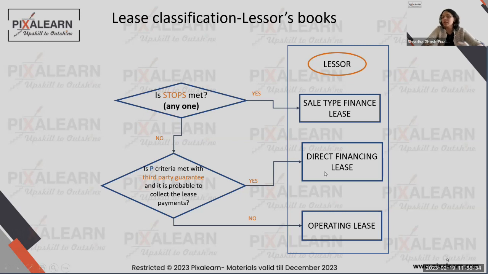Actually, the questions on this are a little complicated, but the best part is it's outside the scope of your CPA exams. Very rarely will you see these kind of questions being asked end to end to you. So we are going to discuss a very toned down version of this question in the class. The actual questions, if I were to discuss, is a little complicated, but I will just try after we're through with the operating and the finance leases. I will at least try to give you an idea of how this thing works.